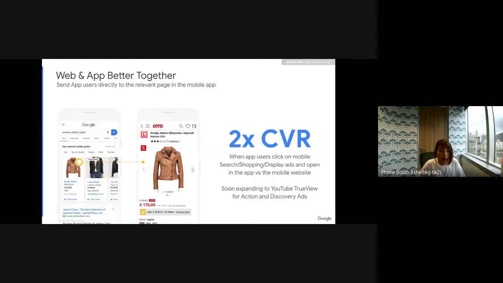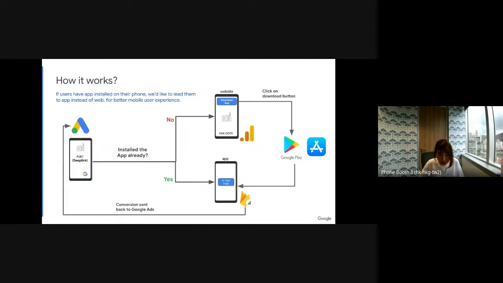So here we want to recommend everyone to set up what we call a deep link for your campaign, which means that instead of directing your users to the website landing page, we will put a deep link here, which will direct the user into the app content. Right? So when you click on the ads, it already takes you to that product content. So here I have a flow chart to further illustrate what that workflow would be.